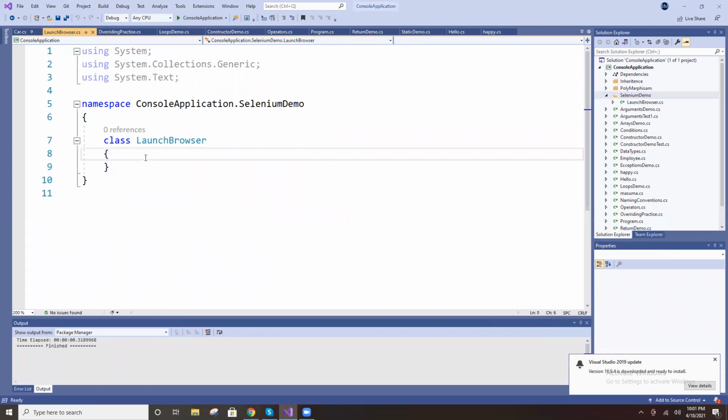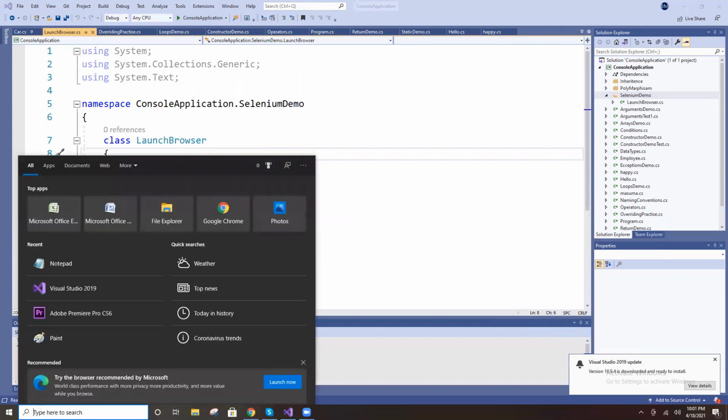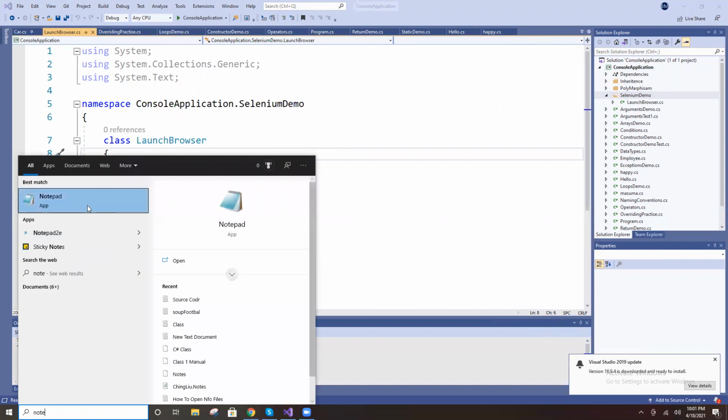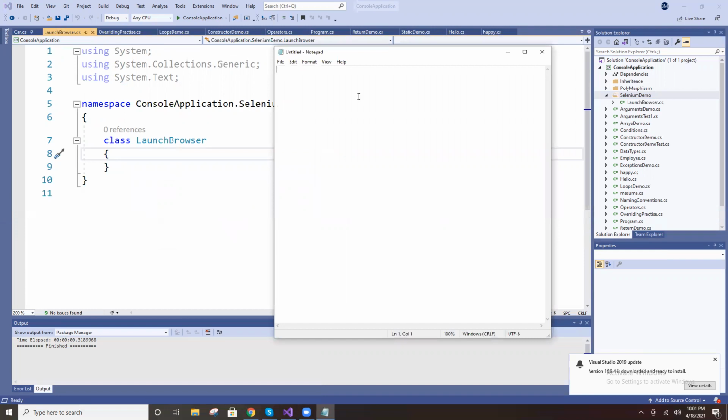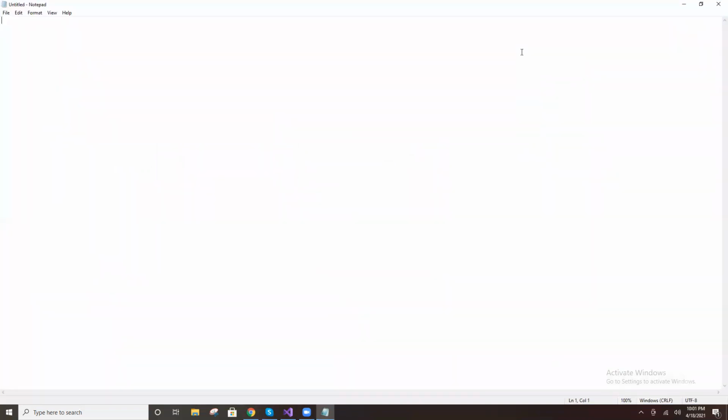See, now we can move to Selenium. So Selenium is a tool. What is Selenium?